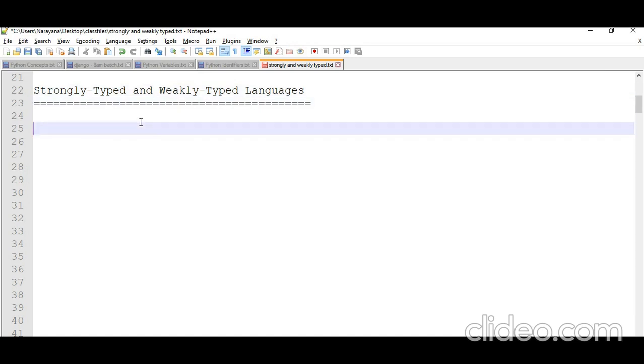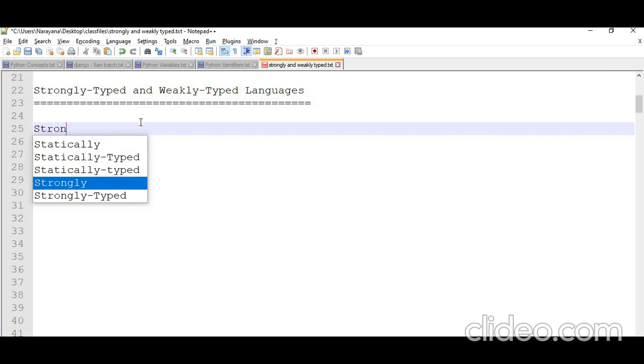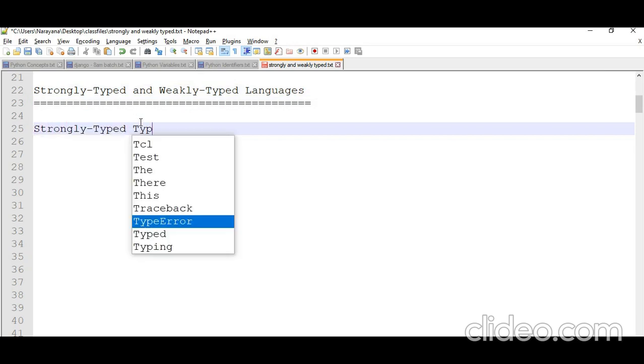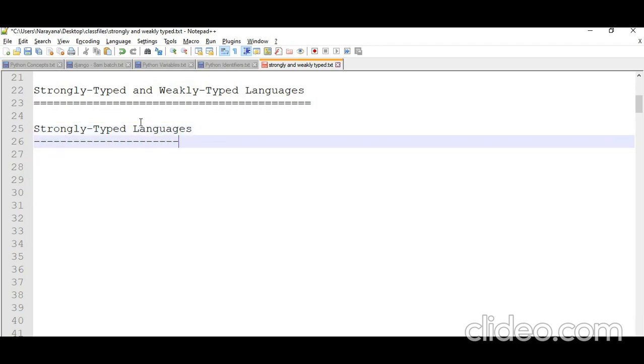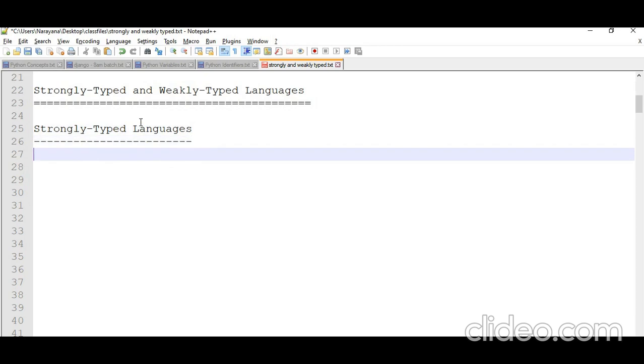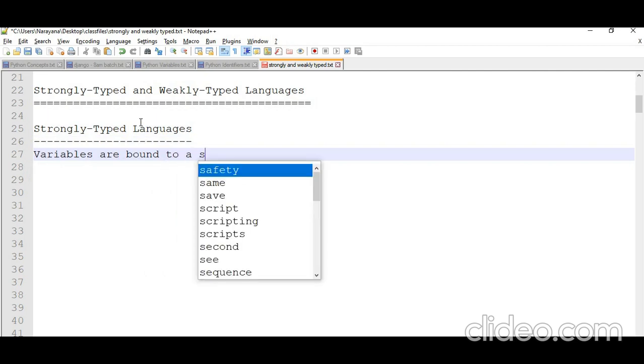First of all, let us see strongly typed languages.